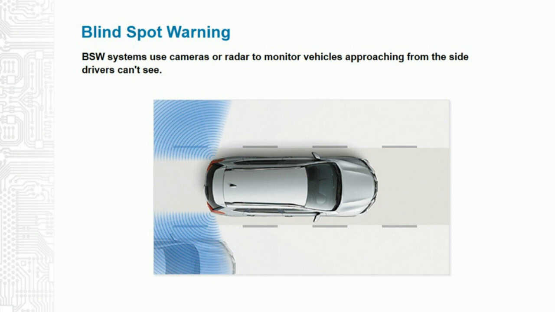There's another type of blind spot warning, which is blind spot warning with automatic emergency steering. In this case, the system steers or brakes when the turn signal is activated during a lane change maneuver, when the system senses that there's already another vehicle occupying the blind spot in an adjacent lane.